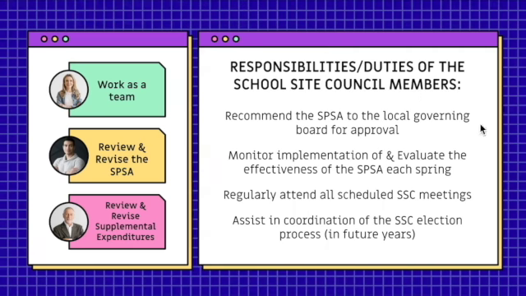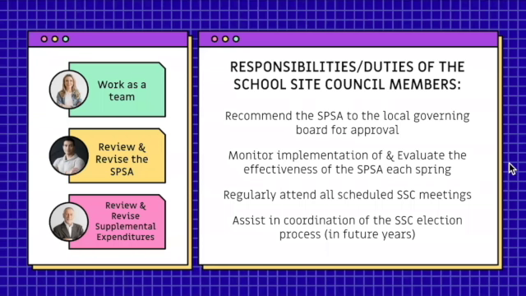I do want to clarify one thing on the funds. The school site council is only monitoring supplemental expenditures. So there are some things that obviously the school site council can't make decisions on, like whether a teacher gets a raise, but they can make decisions like, hey, we realize our students with English language learning needs need a little extra support. We'll look at data together. So therefore, we're going to write a goal that is going to ensure the English language learners get an extra reading program. I'm making that up off the top of my head. But the point is, I don't want the school site council members to think they have control of the full budget. There are some things out of our control, but supplemental funds to help targeted groups is definitely the purview of the school site council.